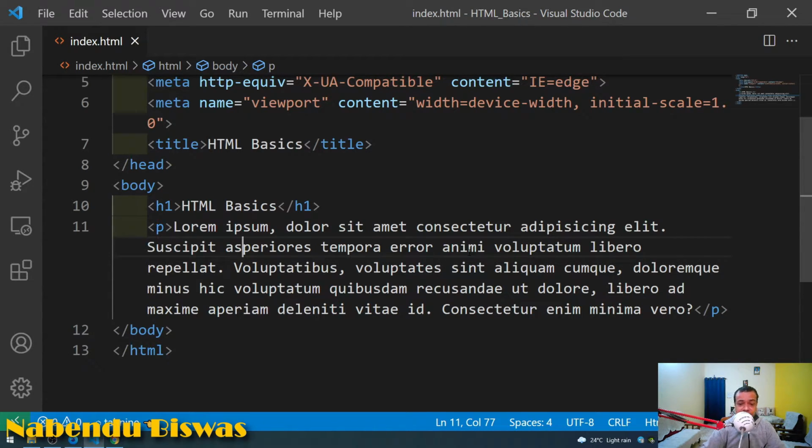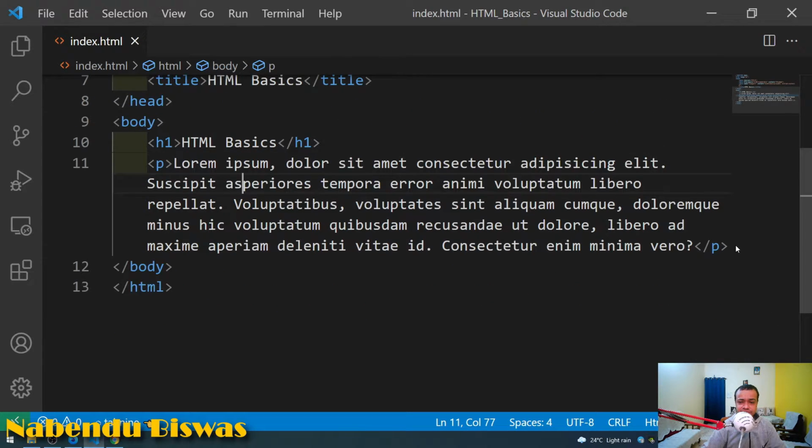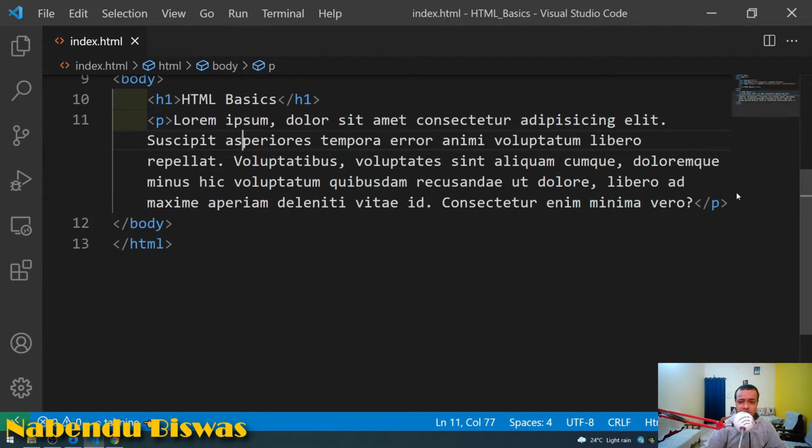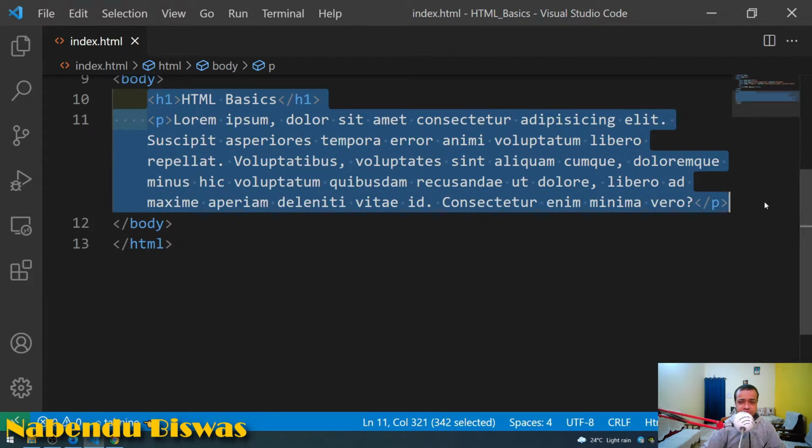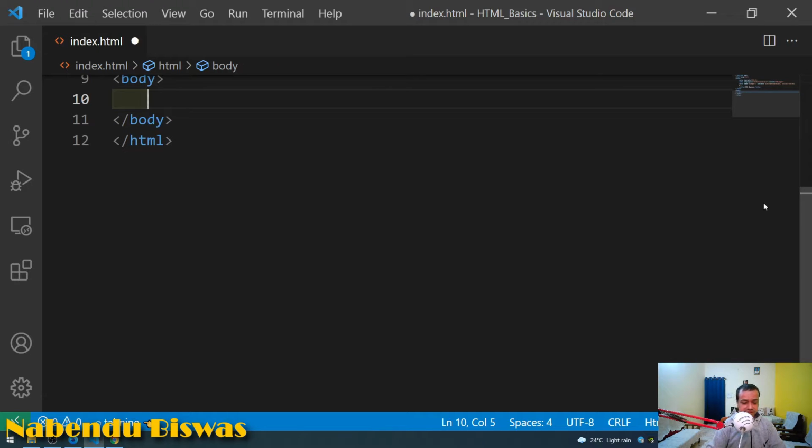Now we will start with the different tags. As I have told earlier, I will tell the main tags, and you should learn those main tags only. Not learn, but they should be in the back of your mind: how to do a heading, how to do this. So let me do that, and actually I will remove these things. This all I will remove. Okay. And this I will do h1